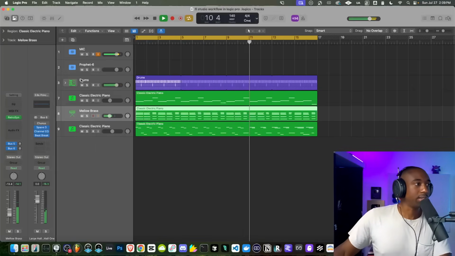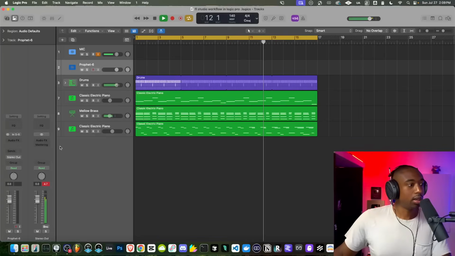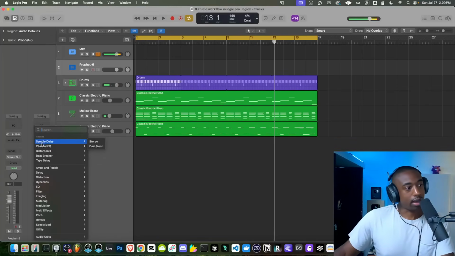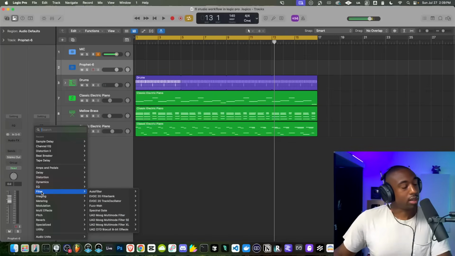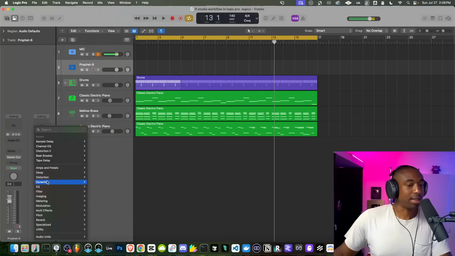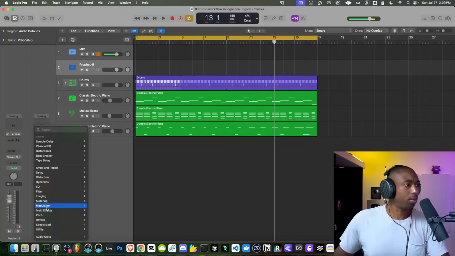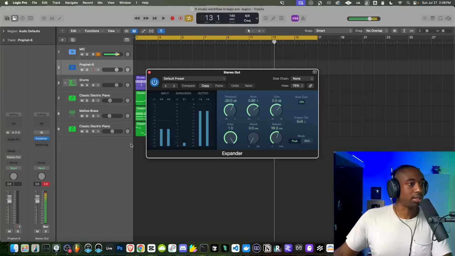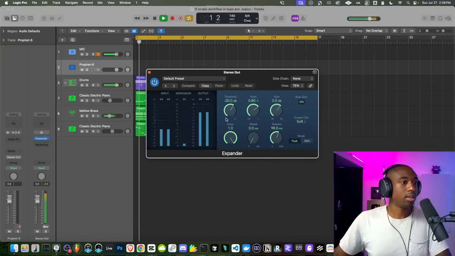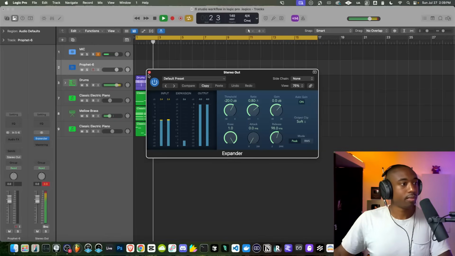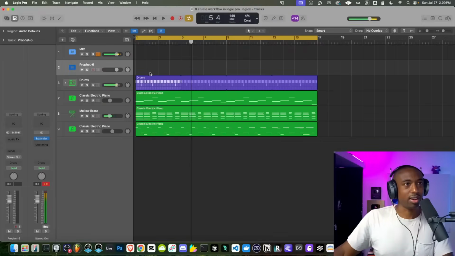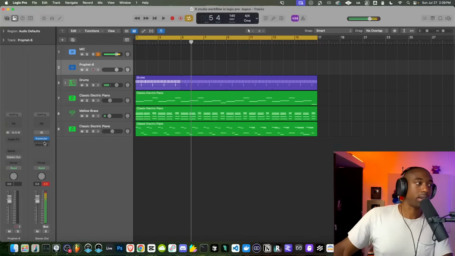So let me show you guys a couple things I would do to the stereo out. So my favorite thing to do firstly is either add an expander or add a compressor because they have soft clippers built in. So I'm going to do an expander here. So let's type in expander. This is one of my favorite plugins in Logic. It just adds height to your track. So you guys can hear how heavy these drums sound. So now we get the track feeling open.